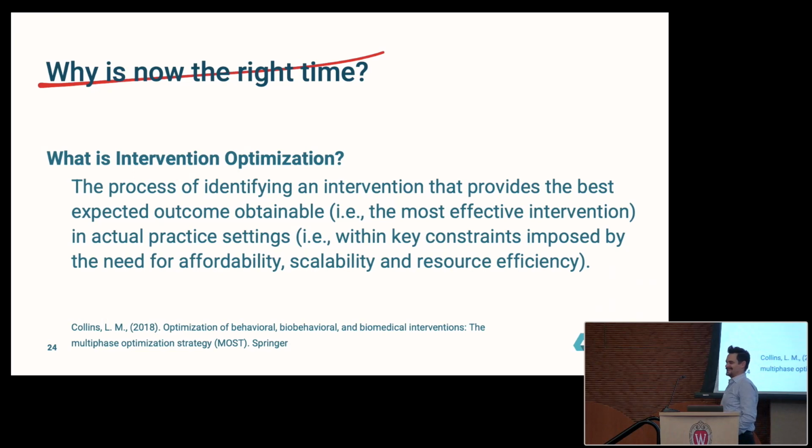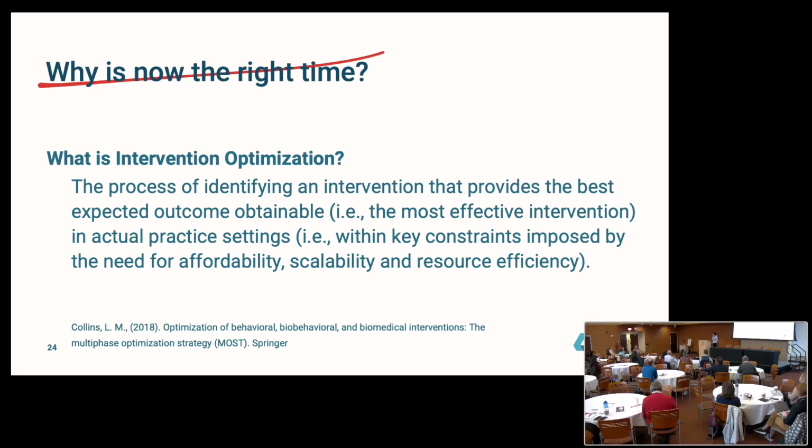I have a question about this optimization based on most effective. I understand the constraints. But effective, maybe like you're in a setting that has 50 people. It's highly effective for 20 people, individuals or patients, but 30 are missed, which has to do with reach. So does that optimization include optimizing some category and form of reach as well?